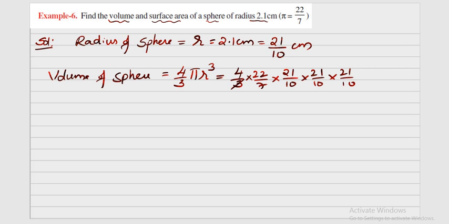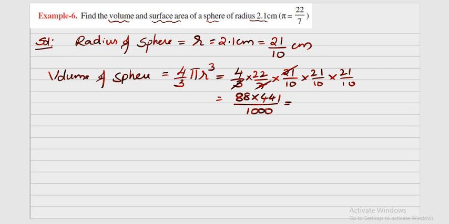Now 3 7s are 21. So 121 got cancelled. So 4 22s are 88 into 21 21s, which is nothing but 441, divided by 1000. So don't cancel with this 10, just leave it as it is, right? Now what I am going to get in the numerator,